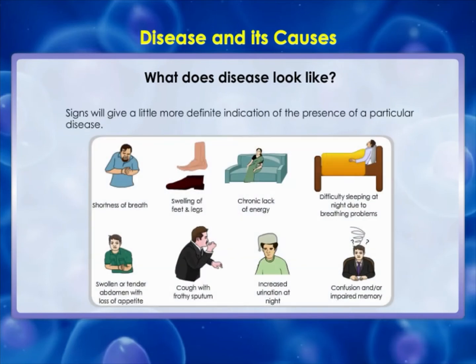When there is a disease, either the functioning or the appearance of one or more systems of the body will change for the worse. These changes give rise to symptoms and signs of disease. Symptoms of disease are the things we feel as being wrong. So, we have a headache, we have cough, we have loose motions, we have a wound with pus. These are all symptoms. These indicate there may be a disease, but they don't indicate what the disease is. For example, a headache may mean just examination stress, or very rarely it may mean meningitis, or any one of a dozen different diseases. Signs will give a little more definite indication of the presence of a particular disease.